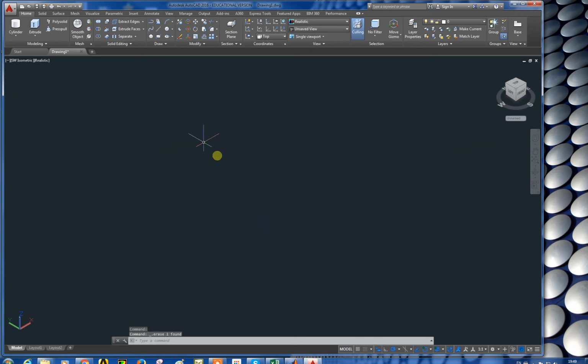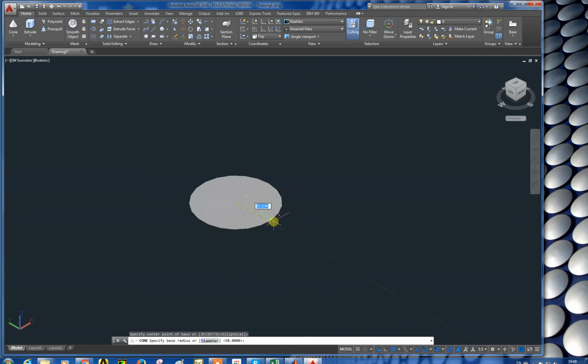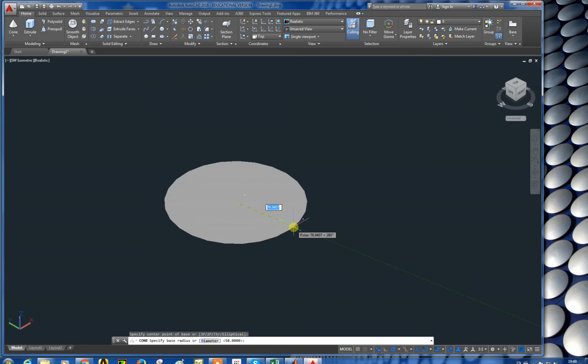If I also delete this, and if I wanted to draw a cone, it basically remains the same thing. The command line asks me to specify the center point. I specify the center point, and it's going to ask me